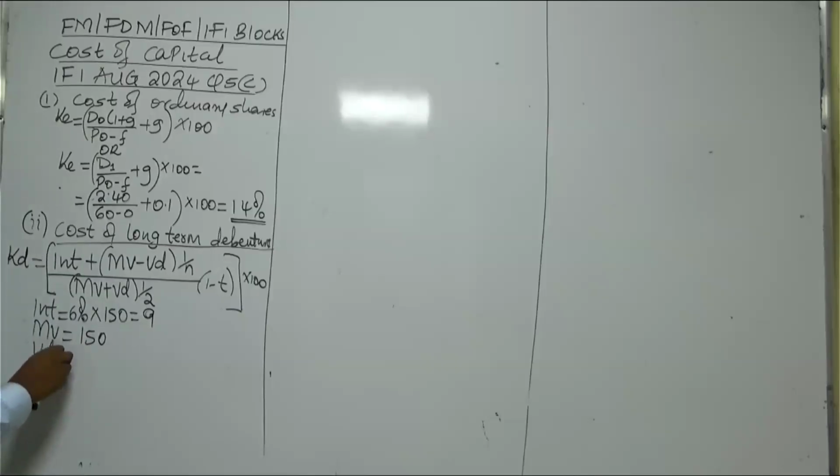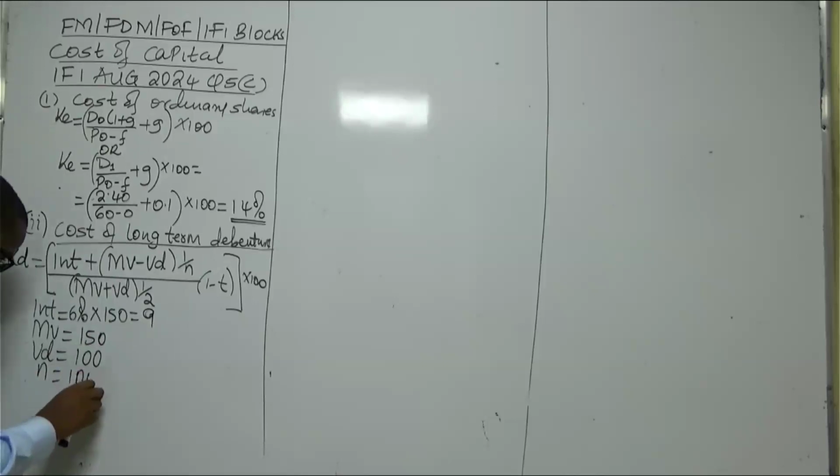The value of the debenture is the market value of the debenture, which we have in additional information number 3, 100. The maturity period is also 100 years. And then the tax rate we were given